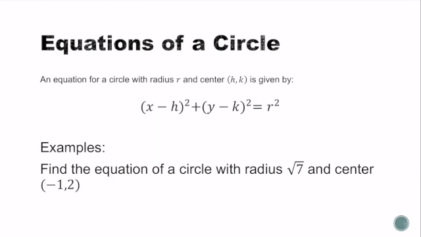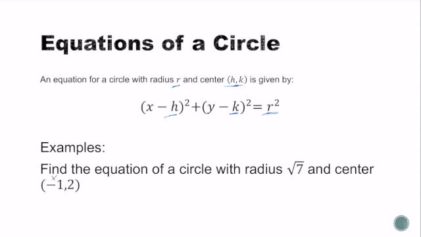Next thing I want to talk about is equations for a circle. So an equation for a circle with a radius r and center h, k is given by x minus h squared plus y minus k squared equals r squared, okay, where r is our radius. So if I want to find the equation of a circle with the radius square root of 7 and the